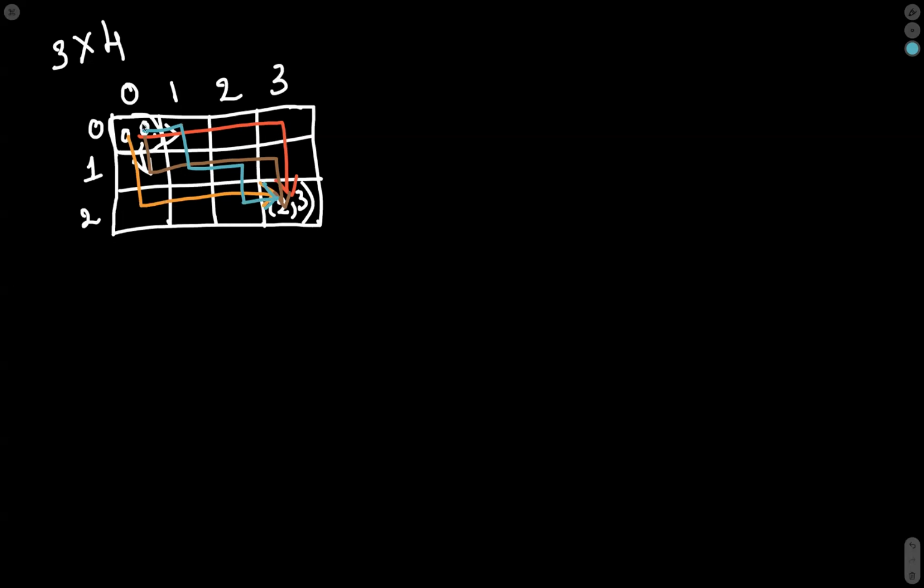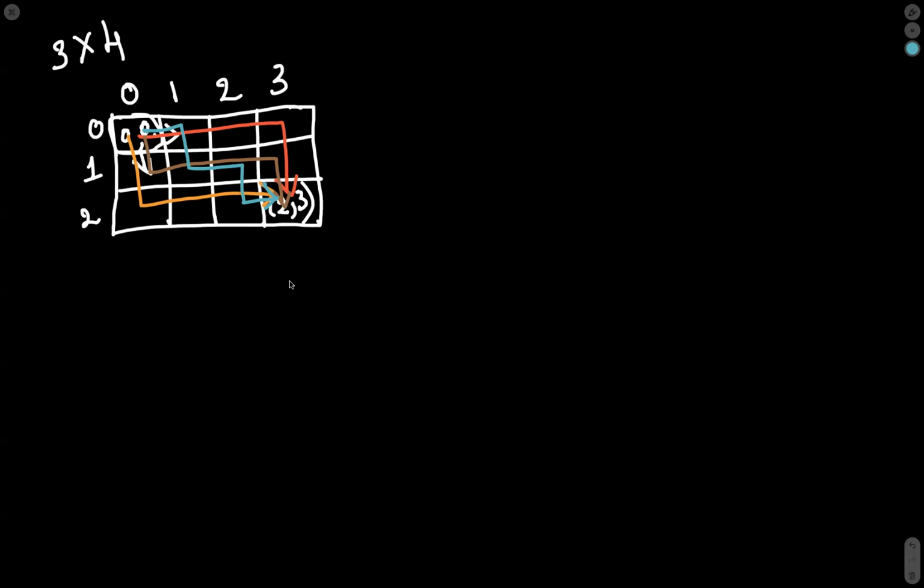Here in this picture, each color represents one different path. So 1, 2, 3, and 4, like this. We can even get a lot of paths reaching from this cell at index 0 comma 0 to the cell at index 2 comma 3. So we will look at how we can solve this by using the concepts of dynamic programming.